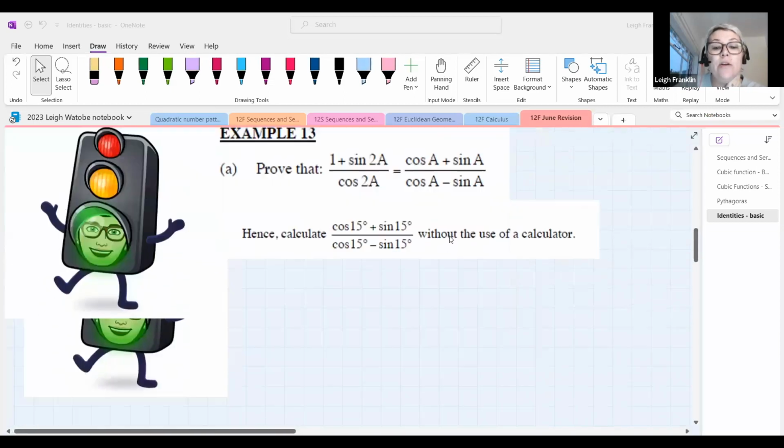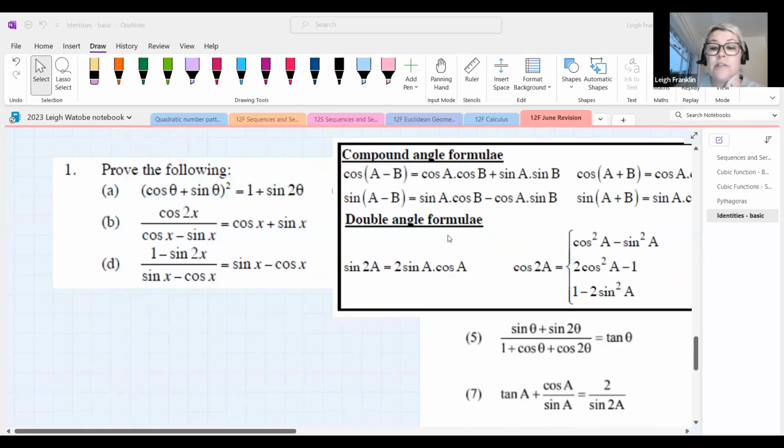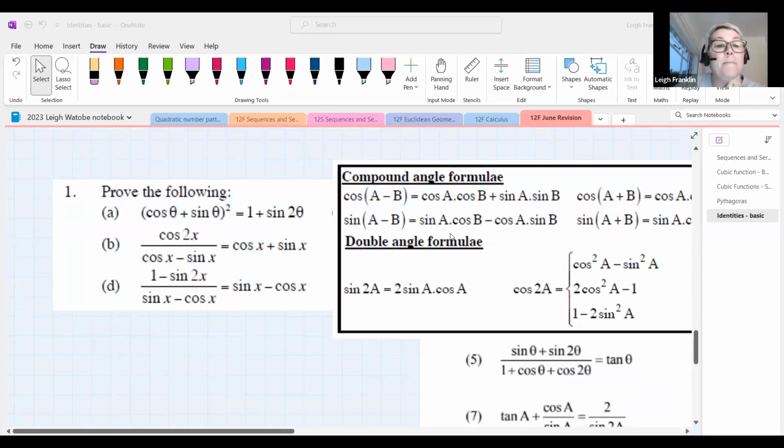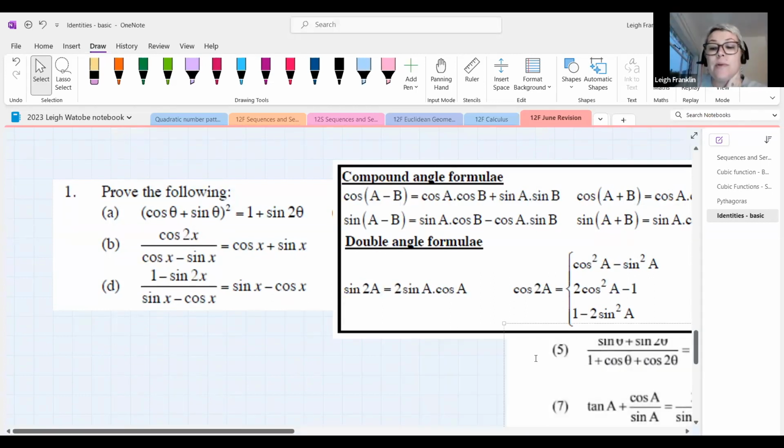And have a look at these questions over here. So what I would like us to try now is, we'll have a look at these ones a little bit later on, we're going to have a look at A, B, and D. Okay. So before I do that other example that's up there,